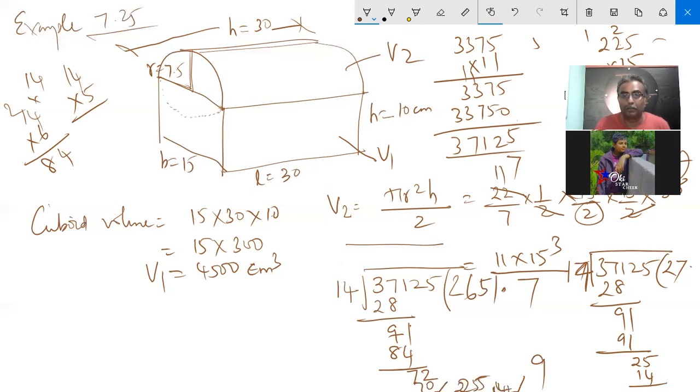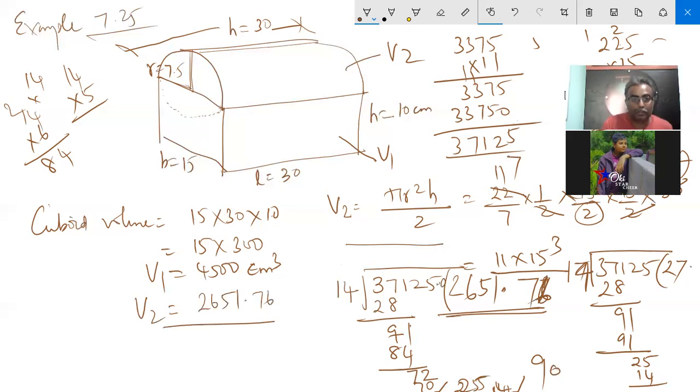So 2651. 9, you add 0. 90, how many times will it go? Again 90 it will go 6 times. Okay. So that one you can take it like that. 2651.76. Or 7 times 90. 76. So volume 2 is equal to